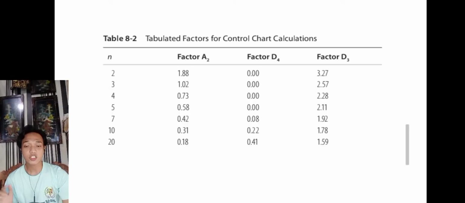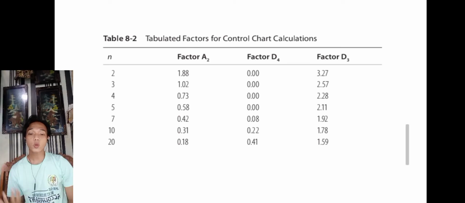This is table 8-2, tabulated factors for control chart calculations. The n, the number of samples, factor A2, factor D4, and factor D3. For control charts by variables, the factors A2, D3, and D4 are based on the sample size and are tabulated in table 8-2. These factors are multipliers that allow us to use the range to approximate the standard deviation of the process. This makes for quicker calculations, especially when you have a production worker updating the chart on the production